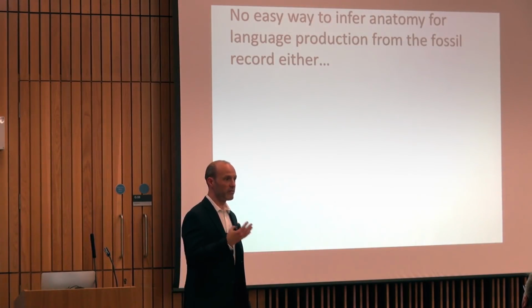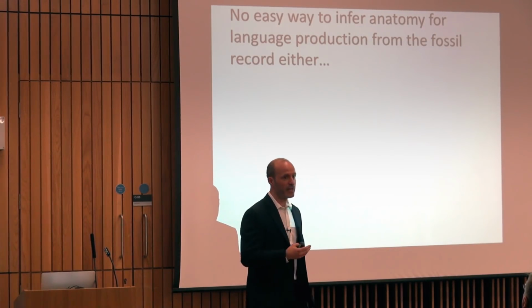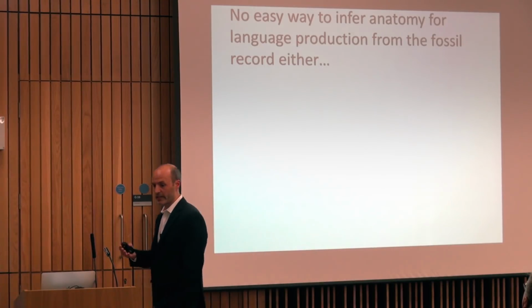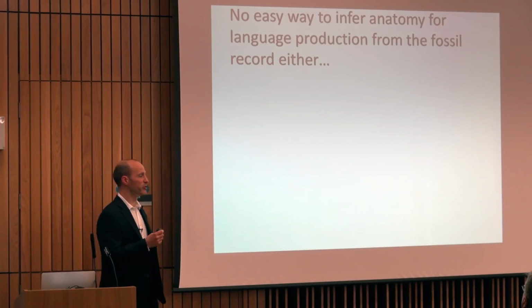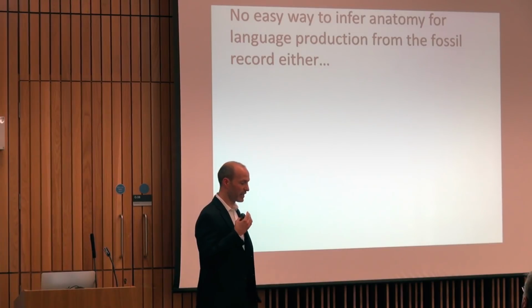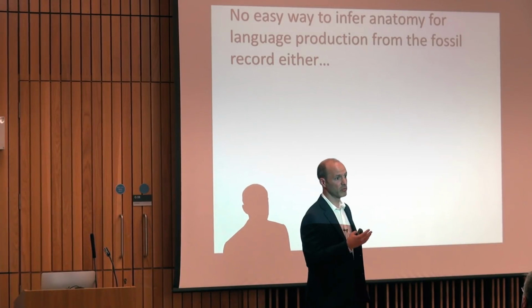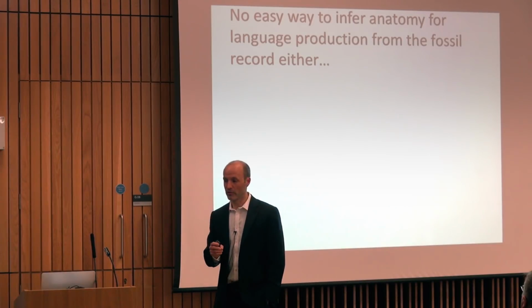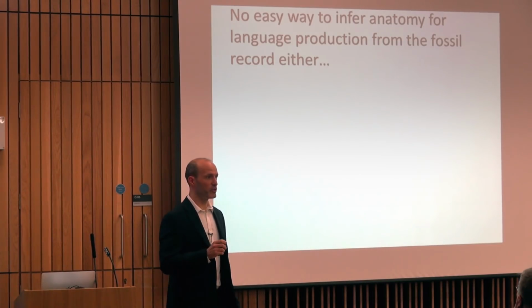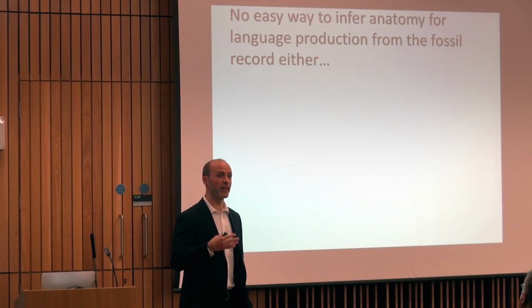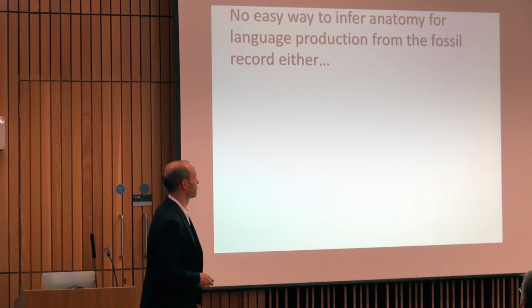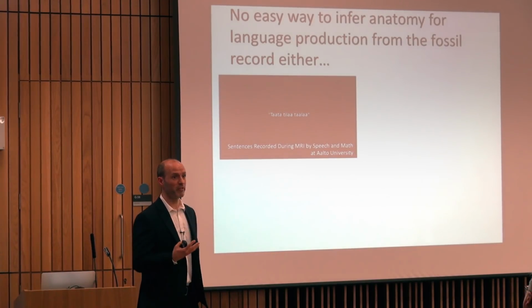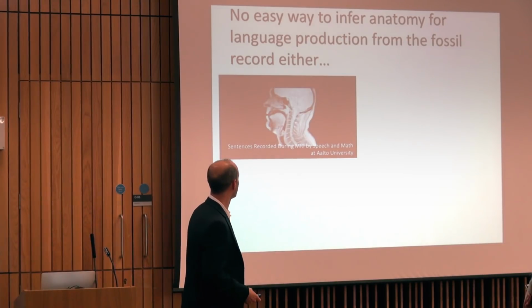Another possibility is that even though we can't see languages directly, maybe we can observe in the archaeological record the machinery for producing language. Maybe we can discover the kind of physical correlates of speech. So the kind of default mode for language seems to be speech. So maybe we can look for traces of the evolution of speech in the archaeological record and then learn something about when language evolved. So when you speak, you move a bunch of stuff about in your body. That's my understanding of how it works.